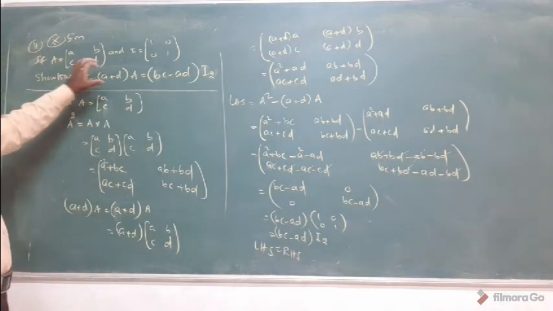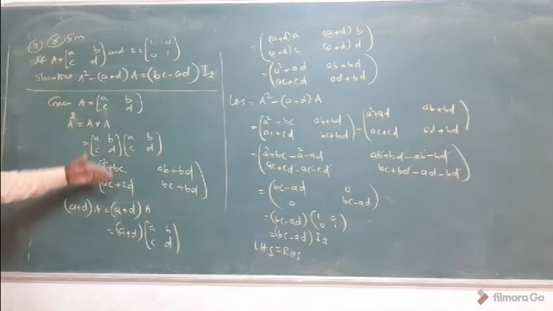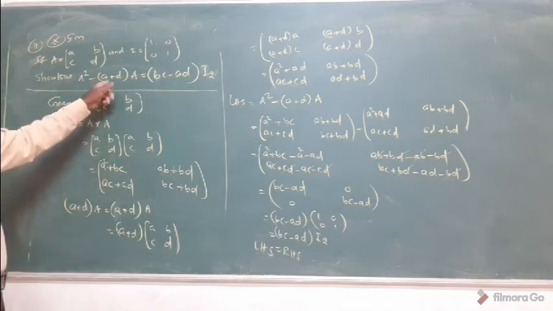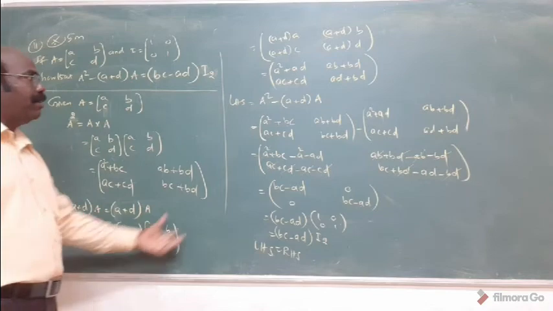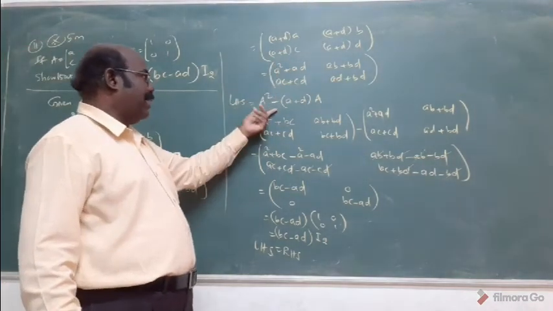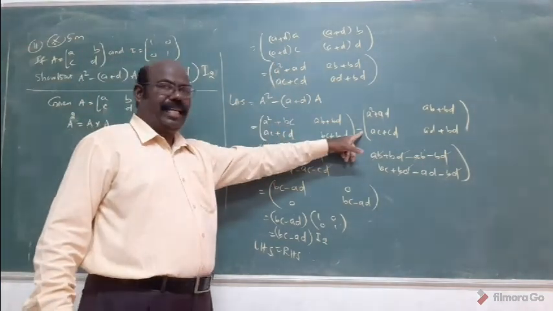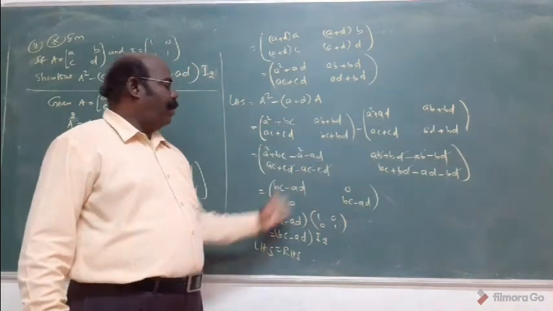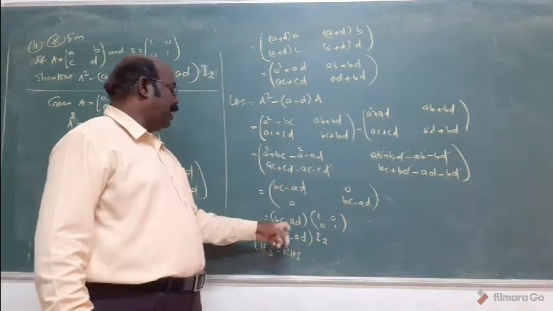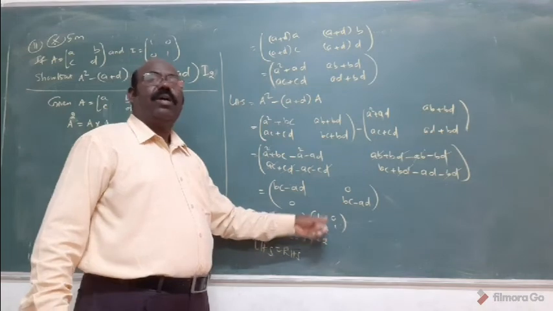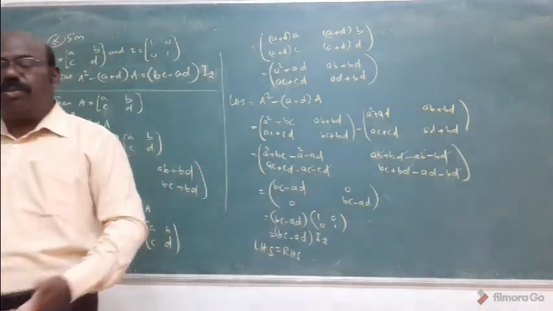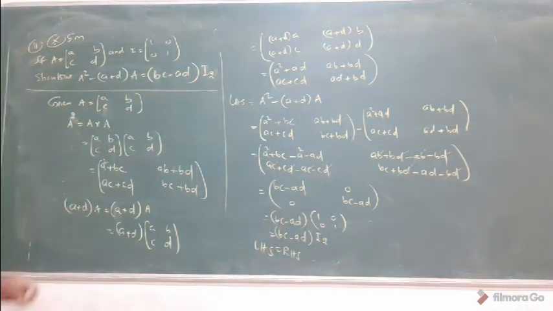Start with the letters, to put answer. Start with the letters means A square involving, that's why you find A square. Then A plus B, A involving, that's why A plus B, A multiply. The right answer, substitute the value. Minus there, that's a subtract both. After, what is common to all? B C minus A D is common to all. Remainders are 1 0 0 1. That is called I2. That is called unit matrix. You got a 5 mark question?